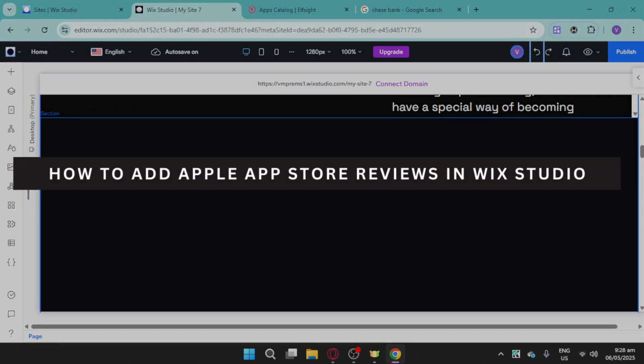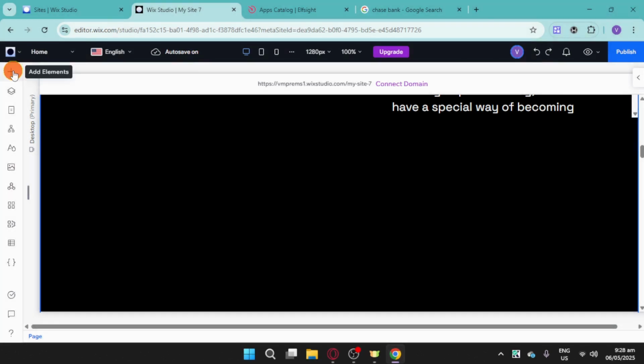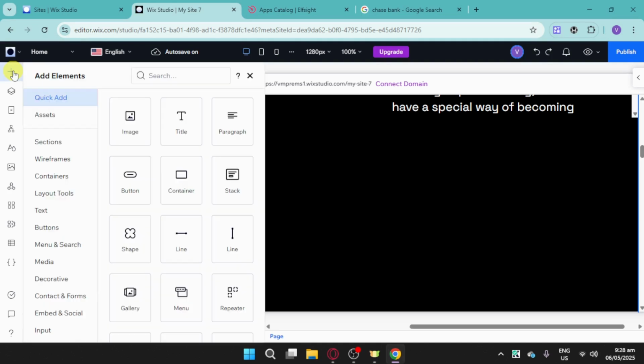How to add Apple App Store reviews in Wix. In order to do that, head over and click onto this plus icon right here in order to add an